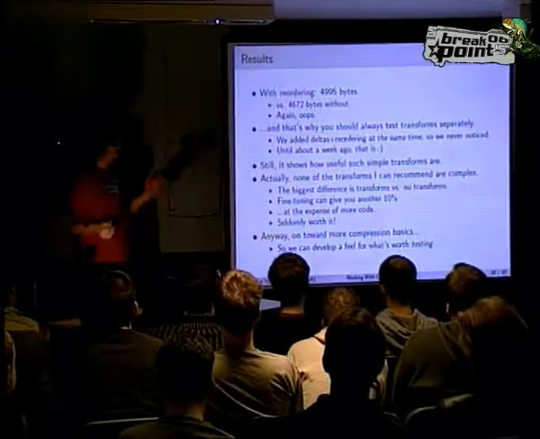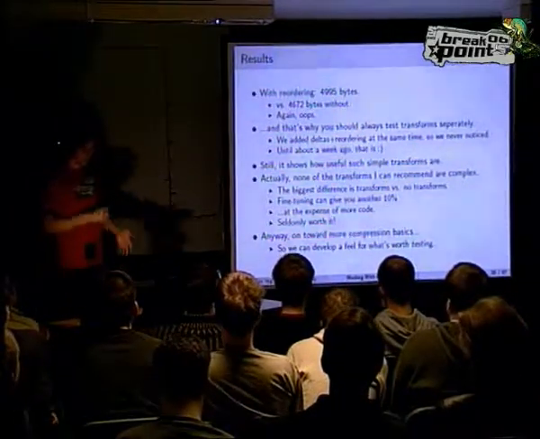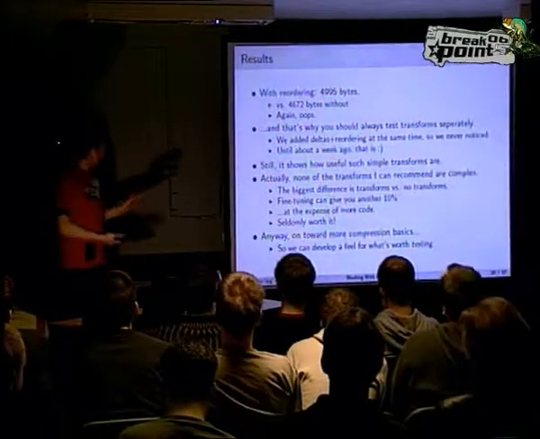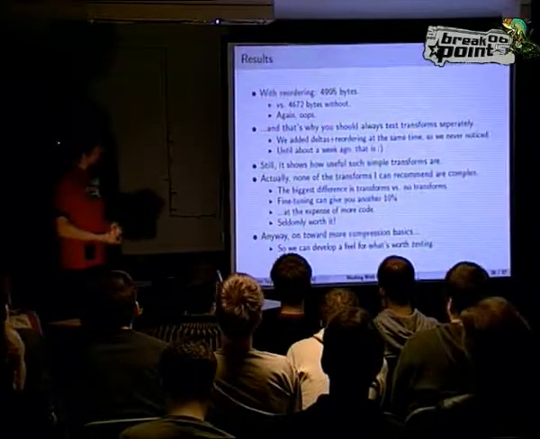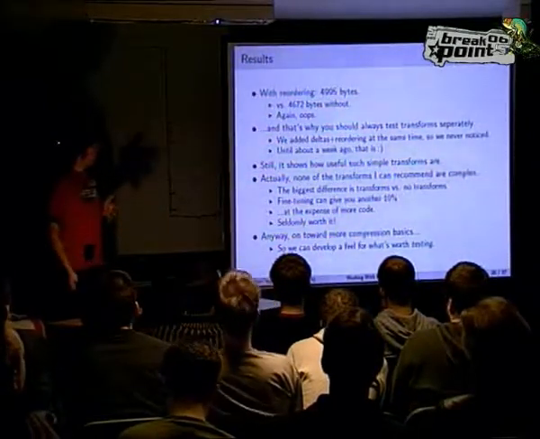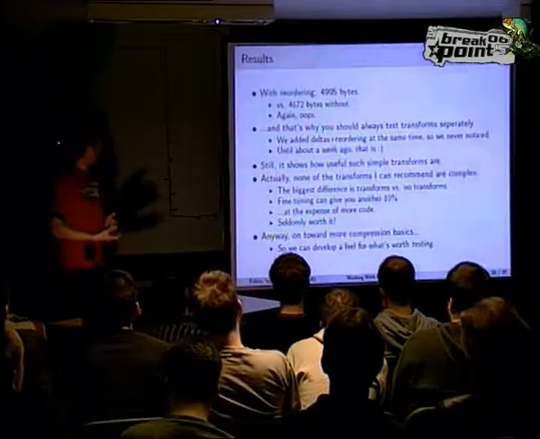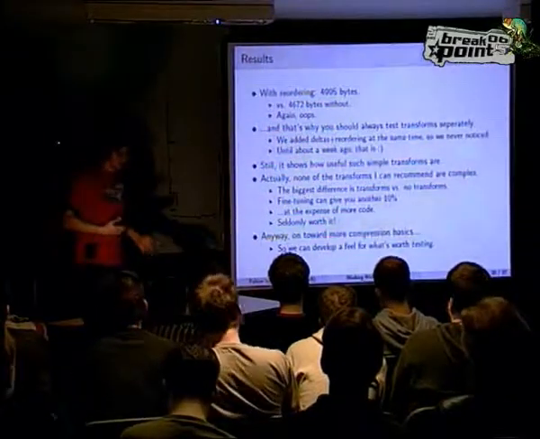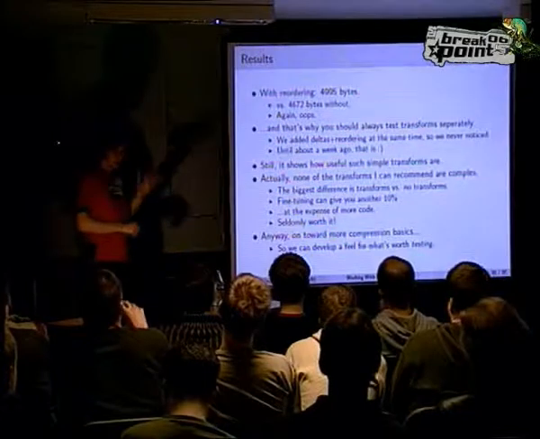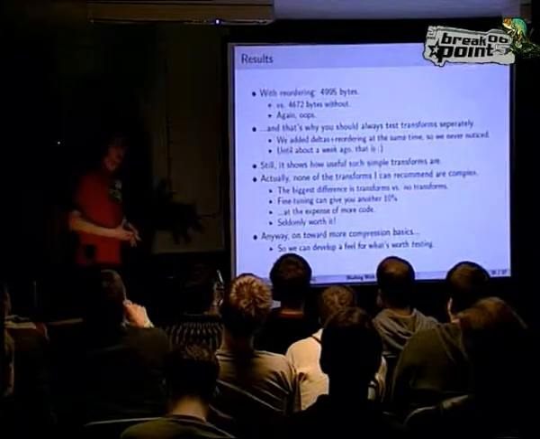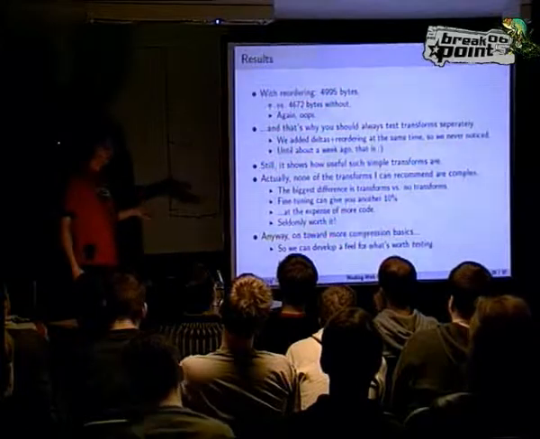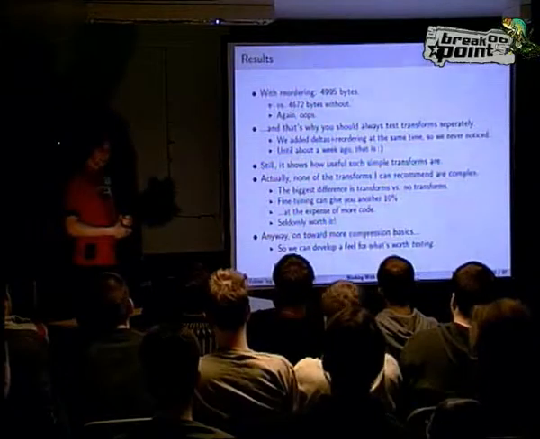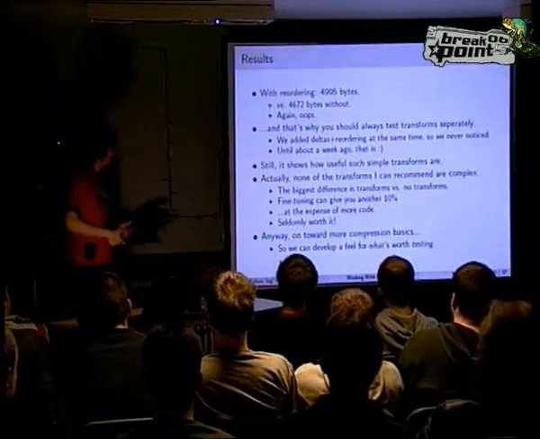So what you can see from this example is how much difference it can make to make really simple changes to the way you store your data, and it also shows how important it is to always measure if something makes a difference, and if it's worth it. And none of the transforms I will mention here or can recommend are complex ones. It's always very simple stuff like doing differences or just reordering stuff. The more complicated stuff can